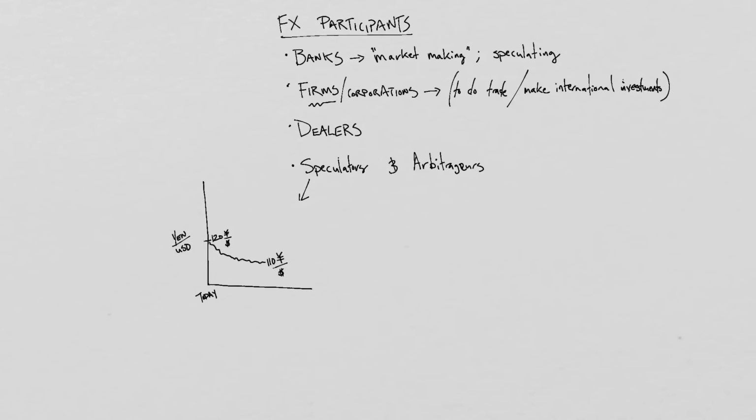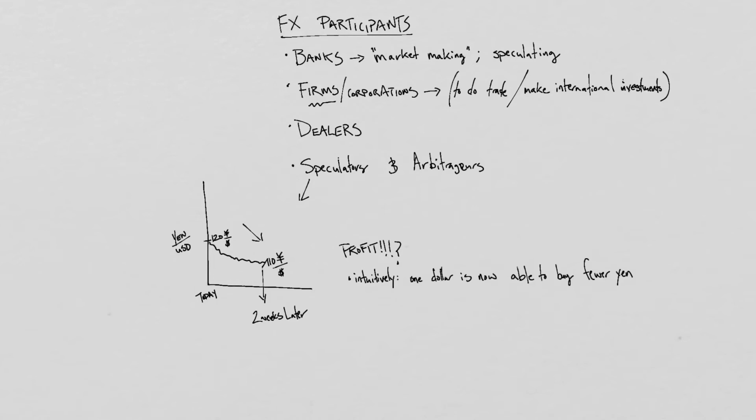And suppose it did. Suppose it went from 120 yen to 110 yen, and then they close out their position for a profit. Notice that the graph went down though, and I'm saying that they made a profit. Can you see why that is? Well, one way to look at it is to walk yourself through it logically. 2 weeks later, the same dollar is now able to only buy 110 yen, whereas 2 weeks prior it was able to buy as much as 120. So logically it makes sense that relative to the dollar, the yen has become dearer.